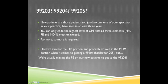So let's talk about new patients. I want to make sure we have plenty of time for questions. New patients are those patients you and no one else of your degree or specialty in your particular practice have seen in at least 3 years. So if you're a solo practitioner and someone disappears from your practice for 3 years to the day, it has to be